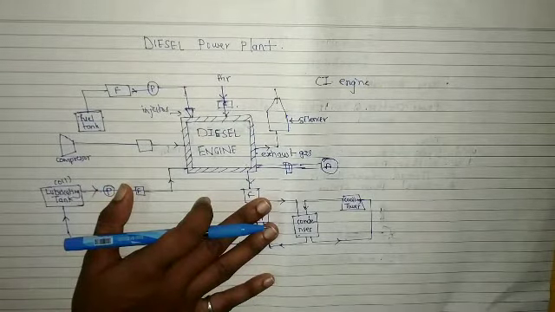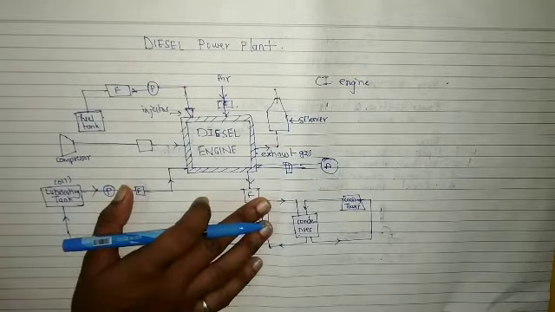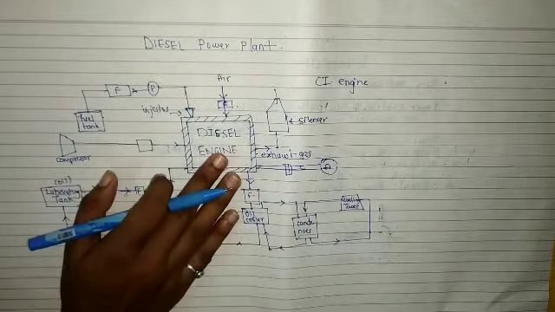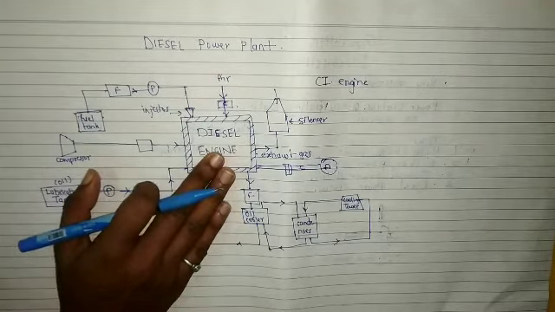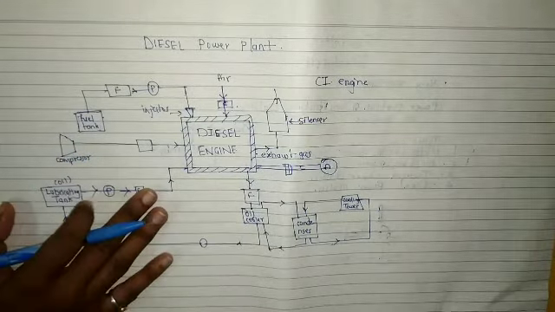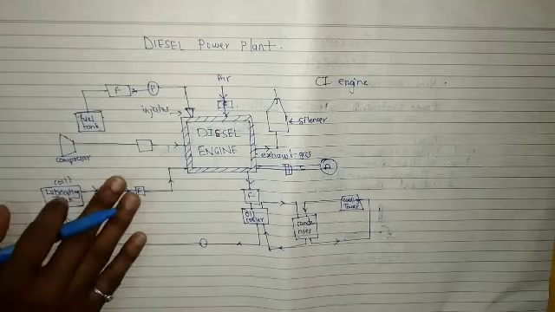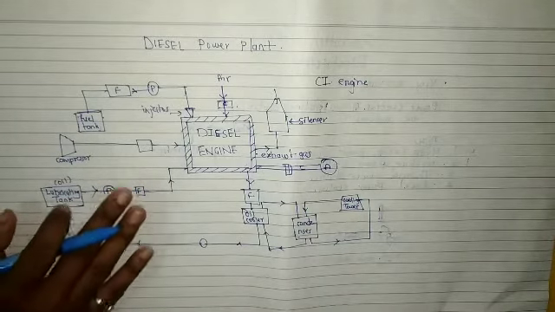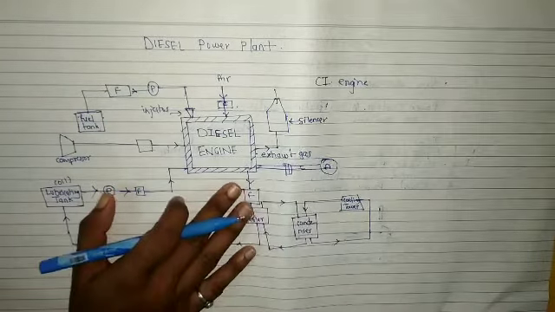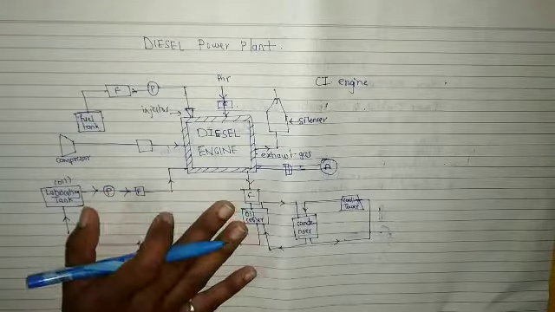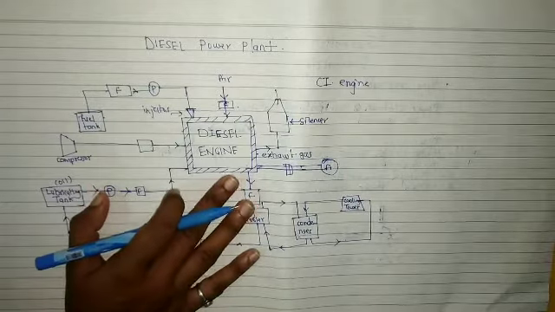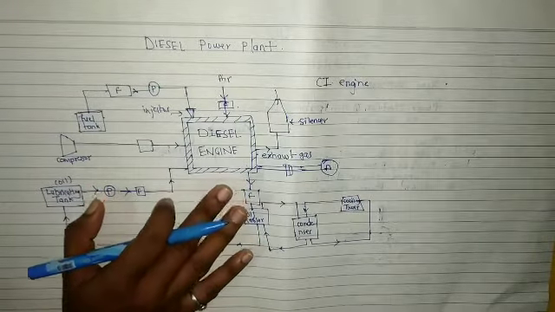Working hands and labor required is small. So the labors means the people required here in this plant are very low. Number of people required are very low. Water requirement is less. So we use the same water. So the water requirement is less. Unit can be installed for emergency purposes such as in hospitals, cinema halls. So as I said, this diesel power plant is installed for emergency, for example in hospitals and cinema halls.